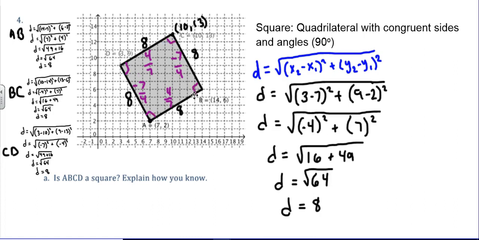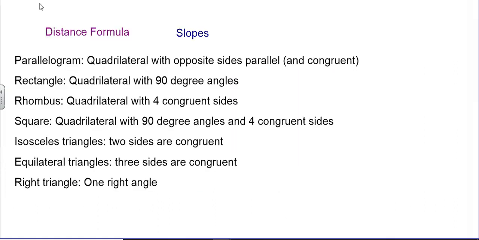And I know that all of the angles are 90 degrees because I found their slopes. The slopes of DC and AB are positive 4/7, and the slopes of CB and DA are negative 7/4. Since 4/7 and negative 7/4 are opposite reciprocals, I know that the segments are perpendicular and form right angles. We've gone over 2 of the problems in this task, but there are others that ask you to classify different